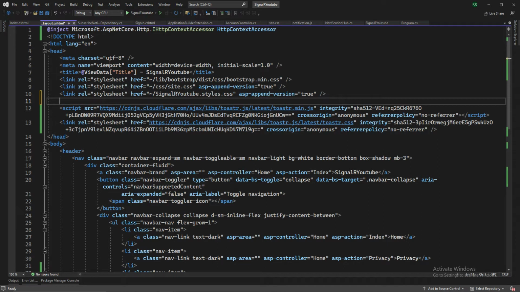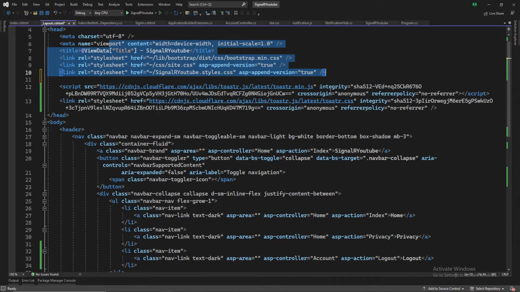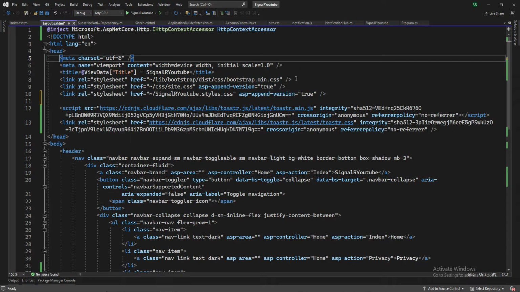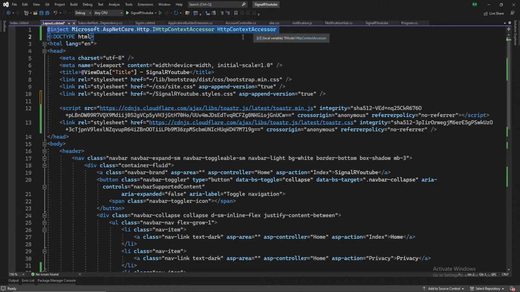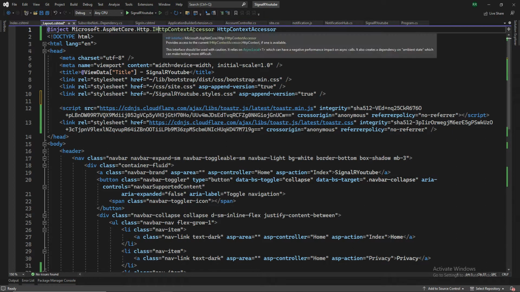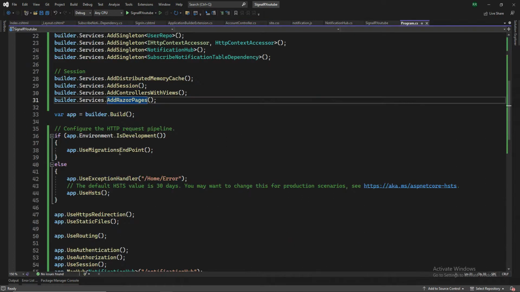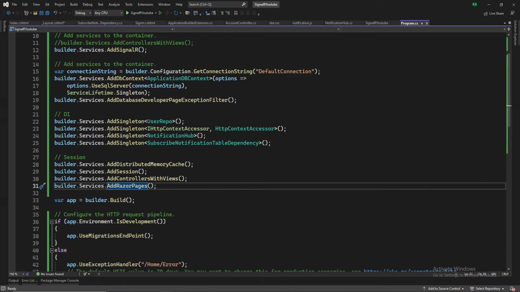These three things are there by default. It's done automatically when the project is created. You have to inject the IHttpContextAccessor, and you also have to mention this in your program.cs. In the program.cs here,